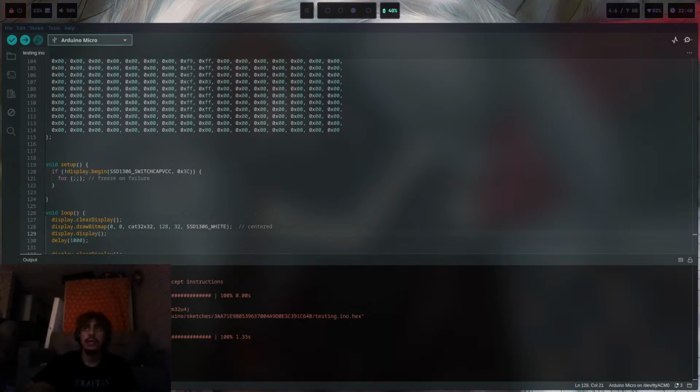Window manager logo. Linux window manager logo. I think the Hyprland logo is cool,